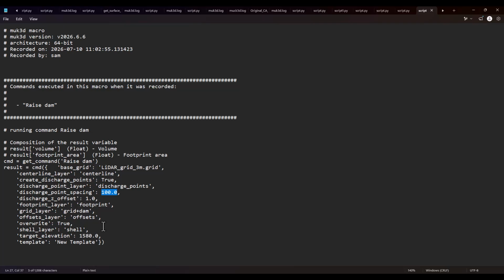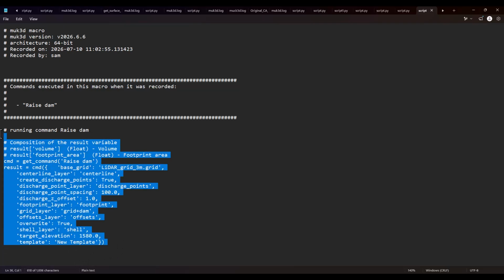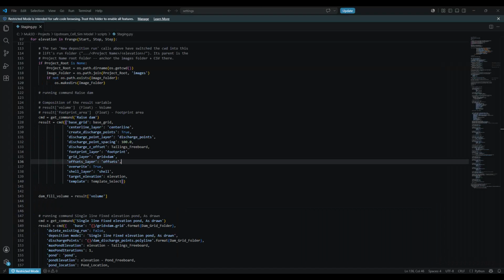This was the spigot spacing along that line that was entered. This was the distance between the crest and the elevation of the discharge line. This was the crest elevation we chose, and here you can see the selected template. Okay, so if we compare this static piece of code that we generated using the macro record tool to the